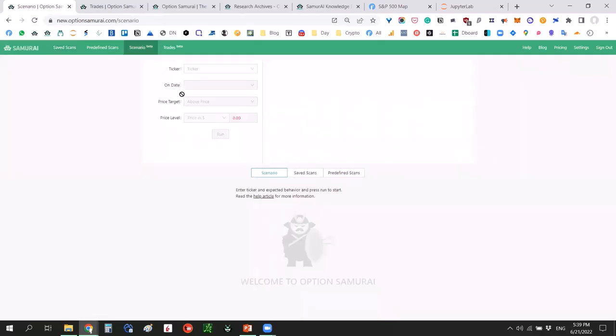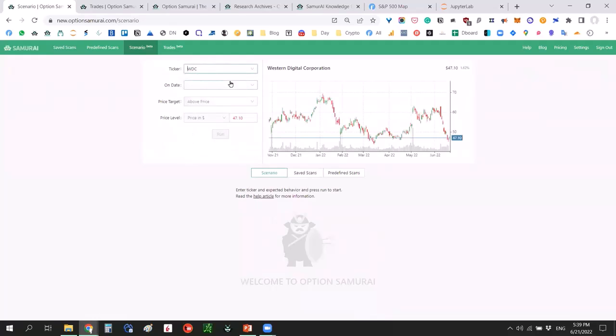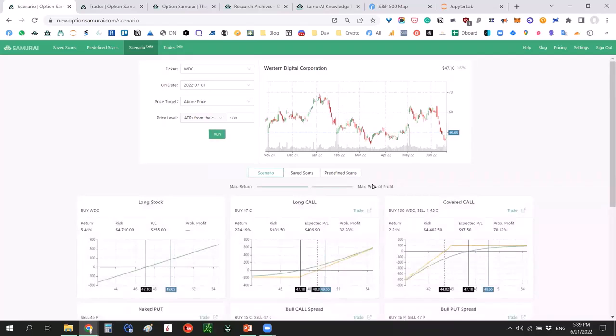Another tool I want to show you is the scenario engine. Because we talked about Western Digital in the presentation, let's see Western Digital. So in the scenario engine, instead of checking all stocks that have oversold, we will check all possible trades for a specific stock. So again, we'll pick Western Digital, we'll pick the same expiration, July 1st, and we'll say that we want to see what happens if Western Digital moves 1 ATR above. Once we click run, we will get